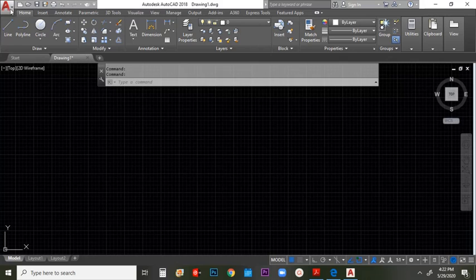Now let's start at the topmost area. So we have here the application button. This is the icon for AutoCAD. Next, you have here the quick access tool. The quick access tool has the following: new drawing, opening a new drawing, opening from a folder, save as, and then you have here plot. You have here undo and redo, and then we have here the title bar, which has the information on the version of the open software.